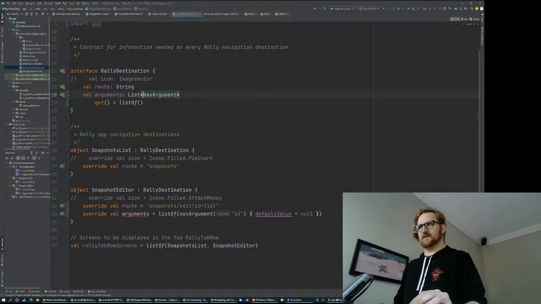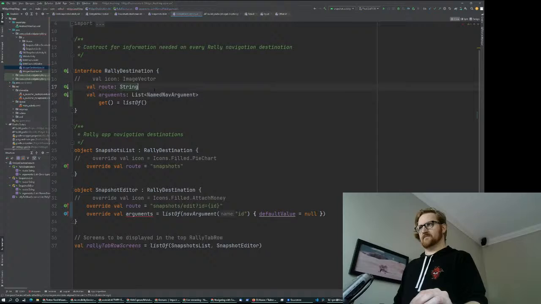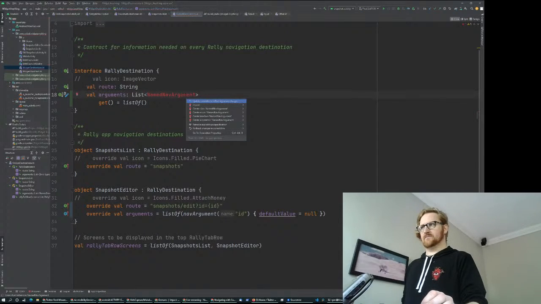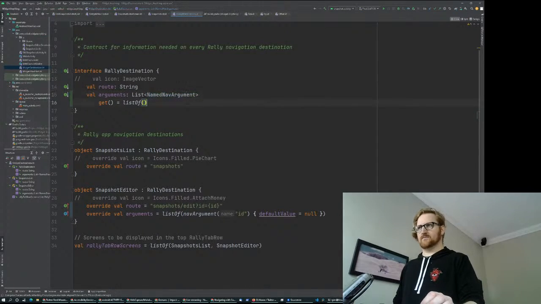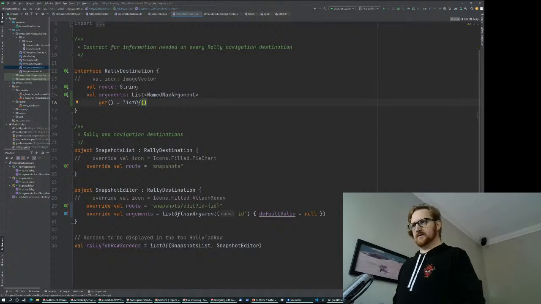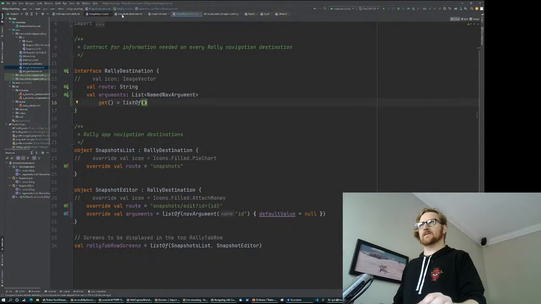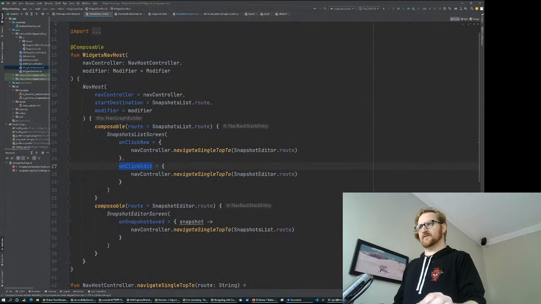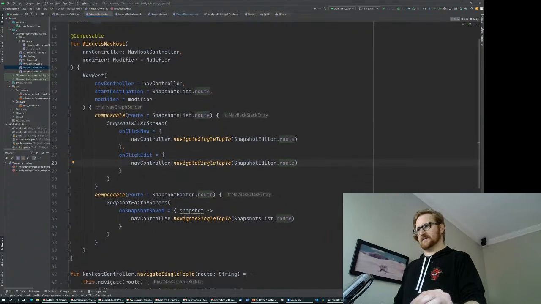Named nav argument. Okay, I think that's good. That's what we want, or something. So now let's go back to our nav host. So when we click edit,